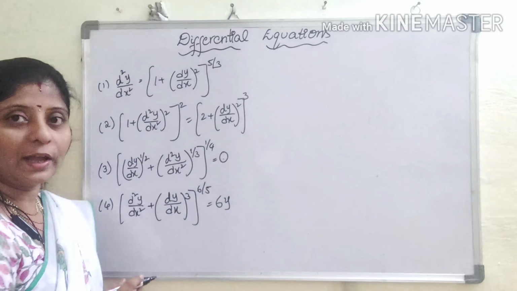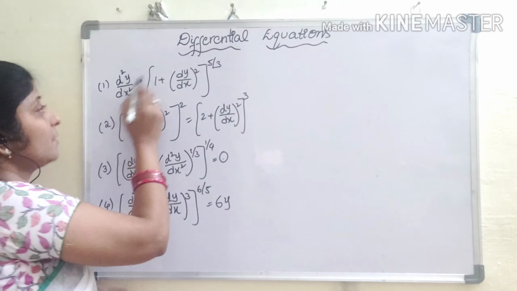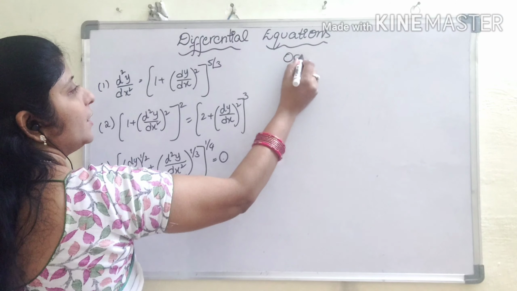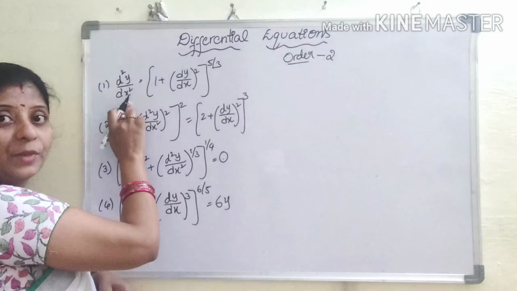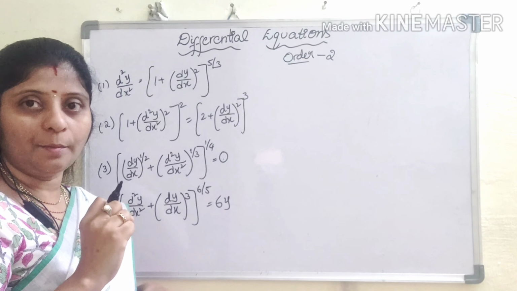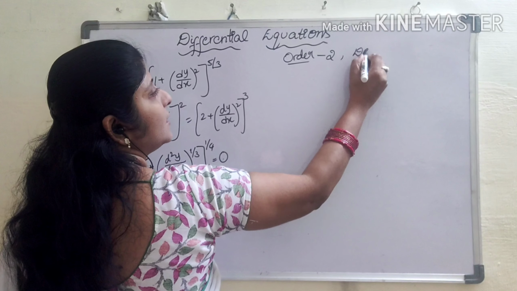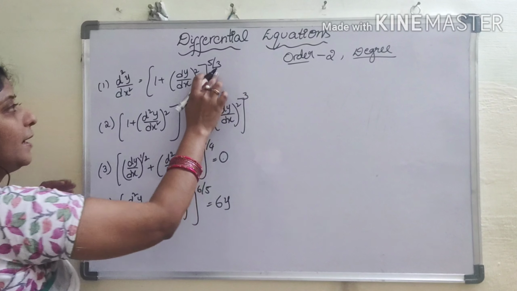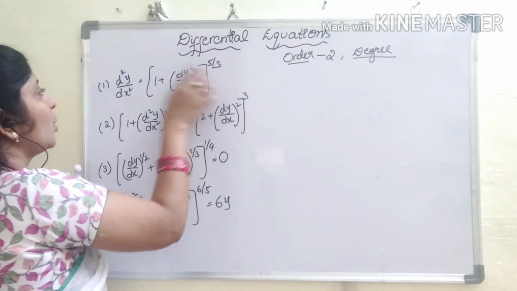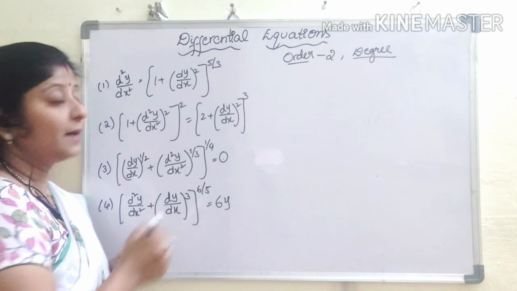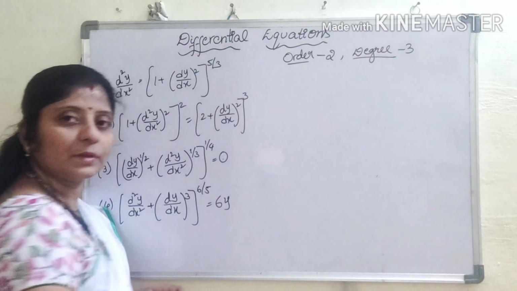If you observe the first one, clearly it is a second order derivative because here it is d square y by dx square, here dy by dx. Order 2. Now we have to find out the power of this term. When you pick the order term, then you have to focus on the term only. Order 2 and degree. What should be the degree? Here it is 5 by 3. So this will not be in rational fraction. So if you cube on both sides, you get here 3. So degree will be 3.